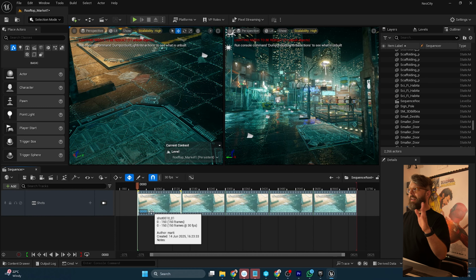So what's a sub-level sequence? Technically, these things are sub-level sequences, right? So it's not a sequence that lives in a sub-level. We've talked about levels and sub-levels. It's not that. It's effectively a nested level sequence, and you can nest them multiple deep. Why you'd want to do that, I don't know. Generally speaking, I would advise against it, except for certain scenarios. For example,